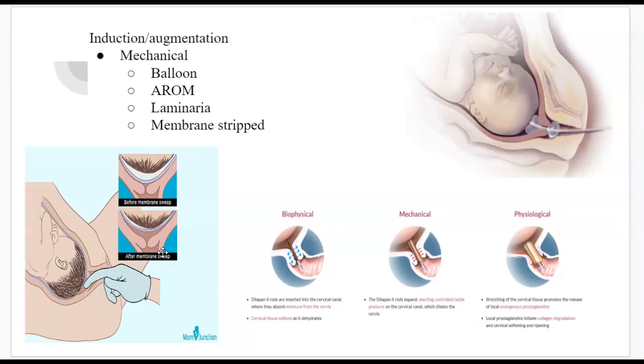We also have something called laminaria. Laminaria is actually made from seaweed, and they put the laminaria into the cervix, and through the natural vaginal secretions, it starts to absorb the water and expand and mechanically dilate the cervix. Okay, there's multiple names for laminaria. Dilapan is one of the terms, but it's all essentially made from the same kind of materials. I think some of them use synthetic materials as well to absorb the fluids and then mechanically dilate. There's also